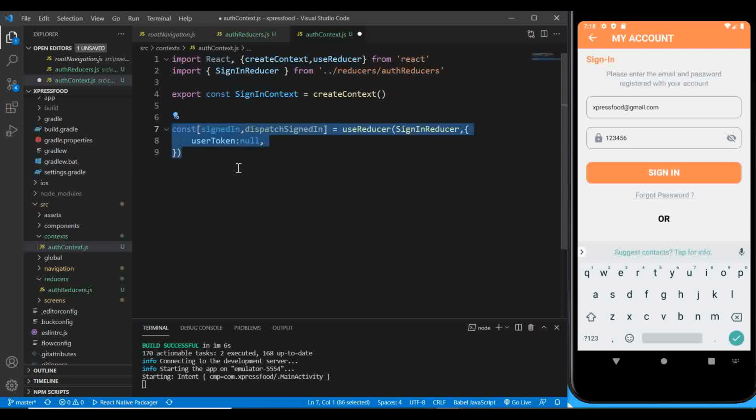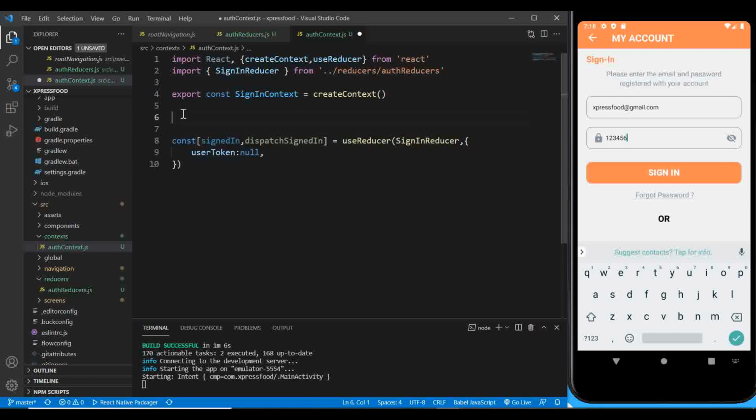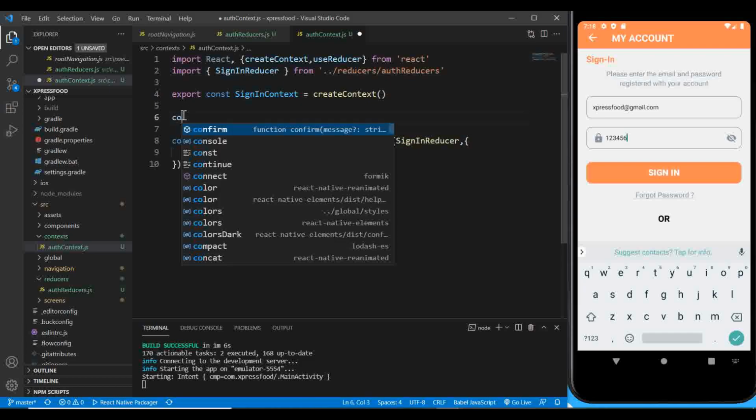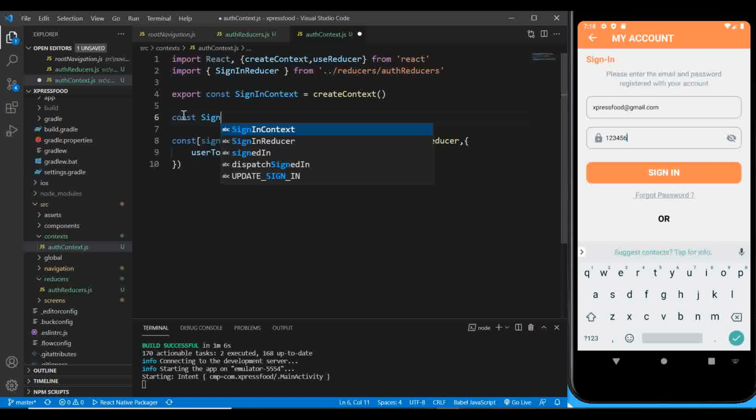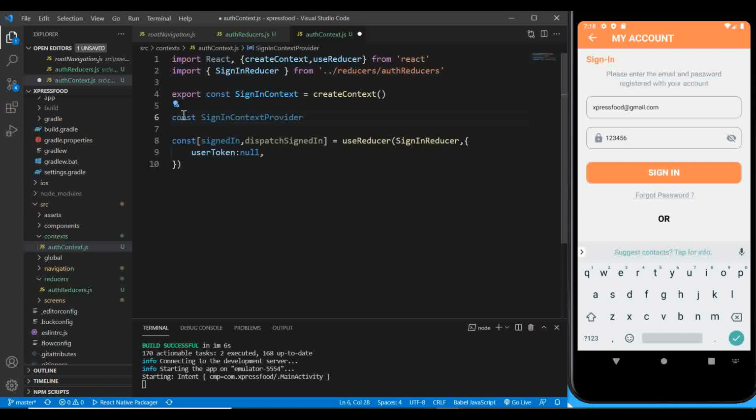All that we have been creating has to be inside a context provider, which you must create. So I'm going to say const sign in context provider equal to,